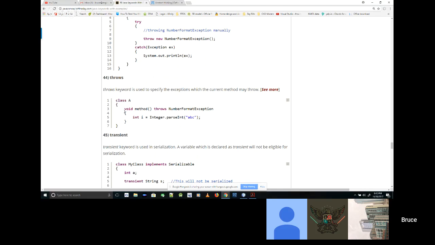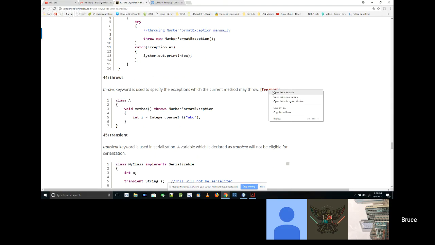I don't know if it would provide you any value. So let's say, for example, we know that this could throw an exception. Well, if you know that it should throw an exception, you really should wrap it with a try and catch the exception. So why would you want to tell your method that it throws an exception? I don't know here. I'd have to dig in more than this.